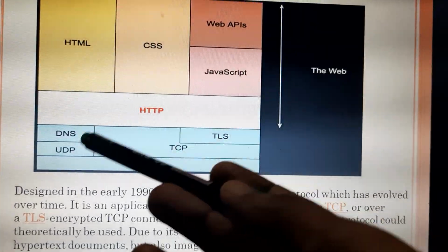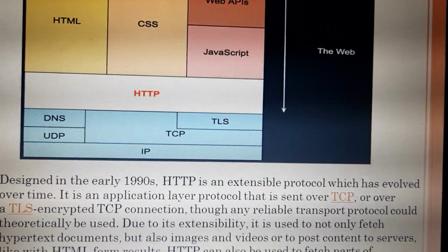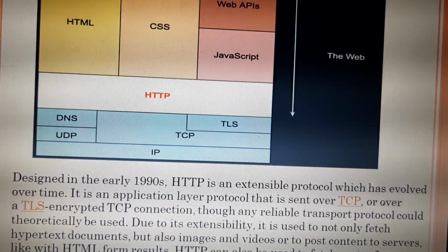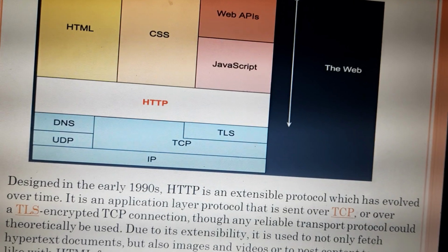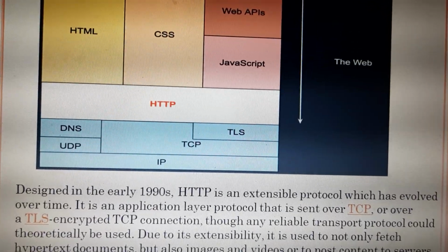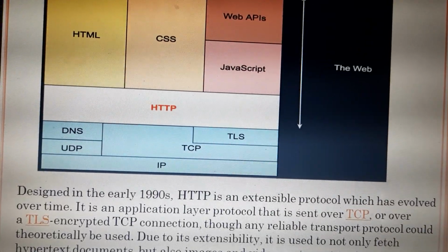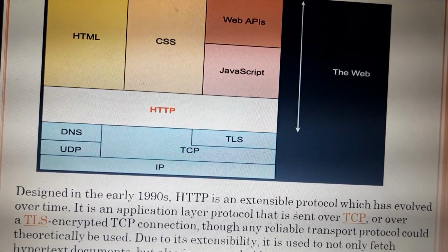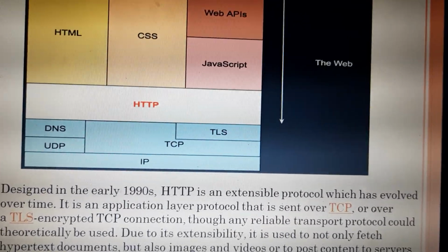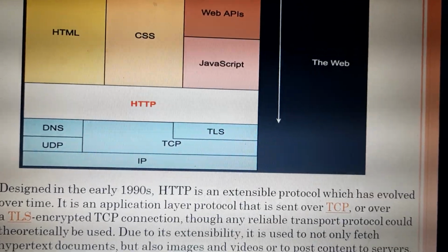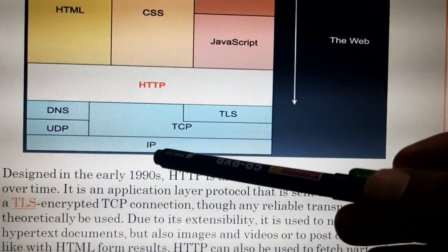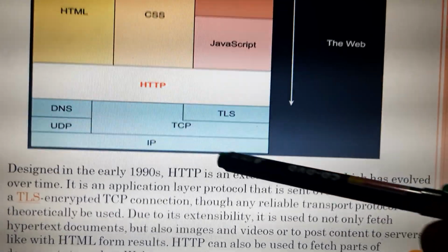We have UDP also, user datagram protocol, which is one of the core members of the internet protocol suite, IP suite, and is used for establishing low latency and loss tolerating connections between the applications on the internet. And we have IP also, internet protocol.